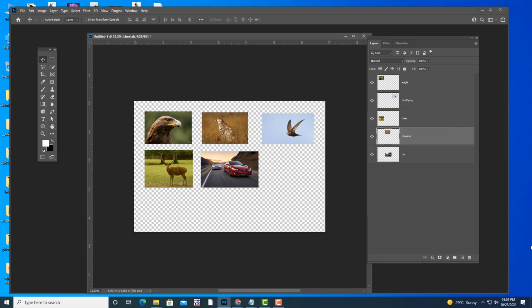And one more thing I want to tell you, if you want to group, the normal procedure is Control G. You can use Control G. Another way of grouping is, see, select these two layers and instead of hitting Control G, you can also drag these two layers over this icon. What is that icon? There is a folder icon at the bottom. See, if you just drag it on top of that folder icon, you are going to create a group.